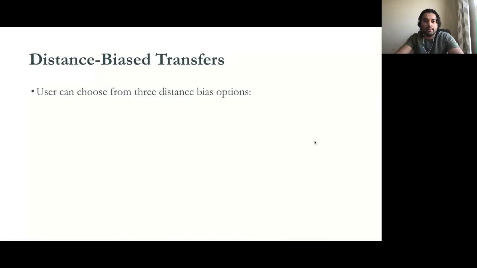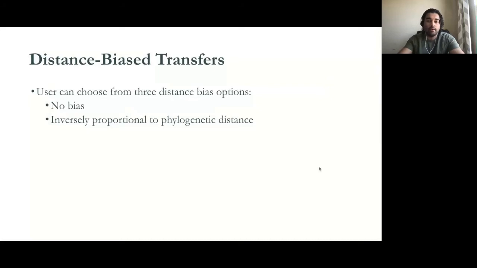And users can, when using this, choose multiple different options, including having no bias, which would be essentially what was covered before in GenPhilo data, having a bias that essentially increases inversely